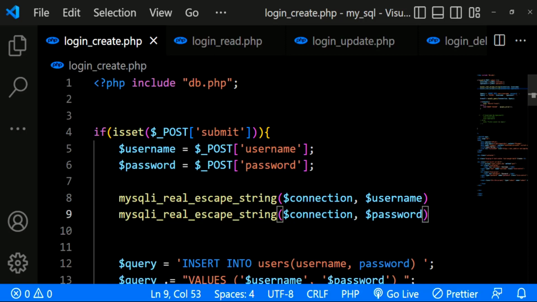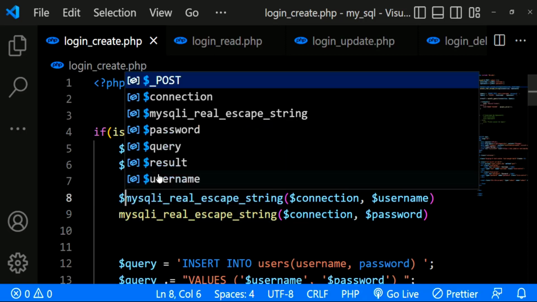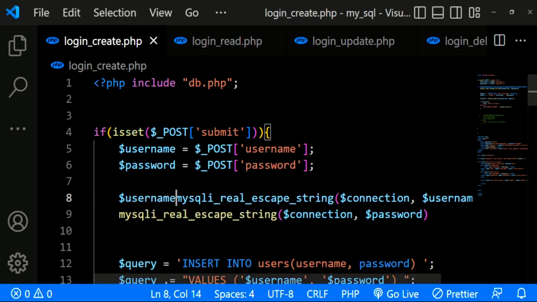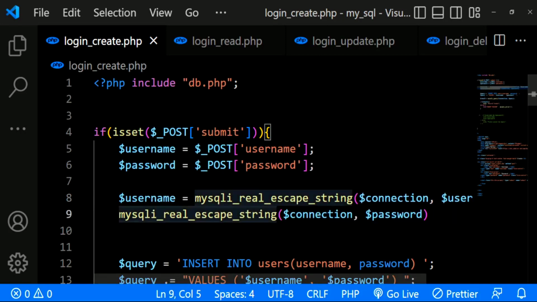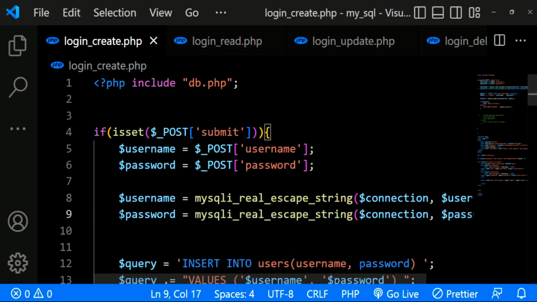So we have to pass it to our variable. Okay, so we're going to create a variable. We're still using the same variables that we used for the initial code, username and password. So we have username as the variable, then we assign that. The second one we're going to use is password, and we assign that here. All right, so what we have here is the real deal, and we are good to go and